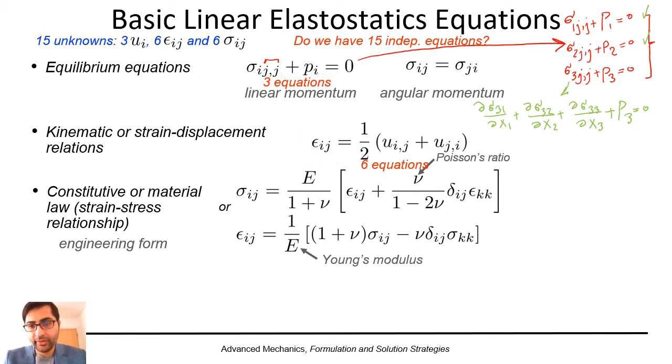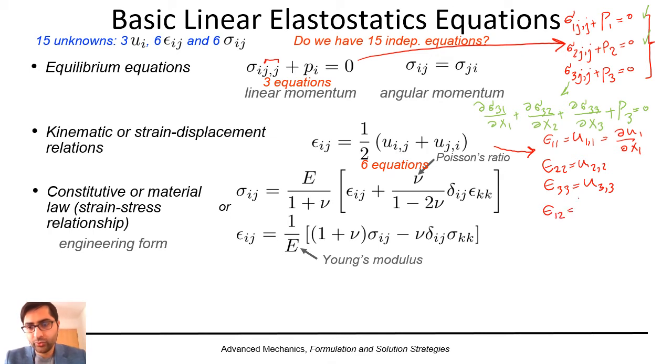If I want to expand it, we get epsilon_11 is equal to u_1,1, which is basically partial u1 over partial x1. We get epsilon_22 equal to u_2,2, epsilon_33 equal to u_3,3,